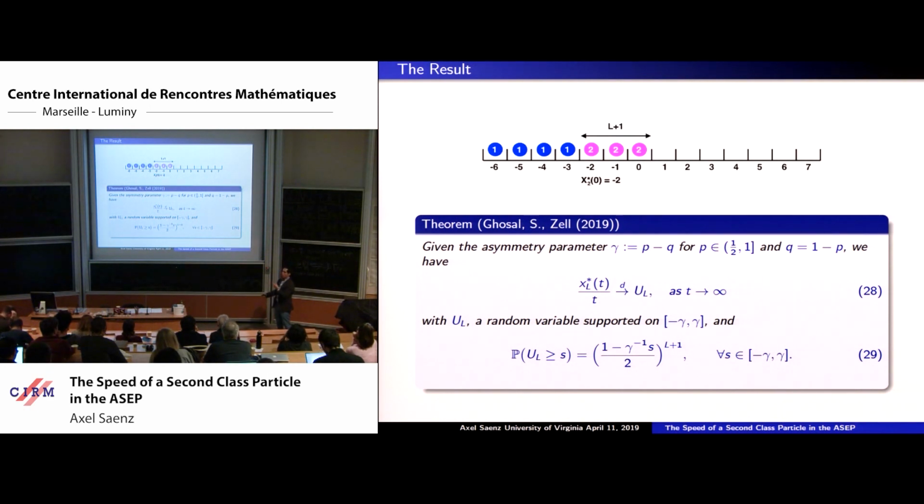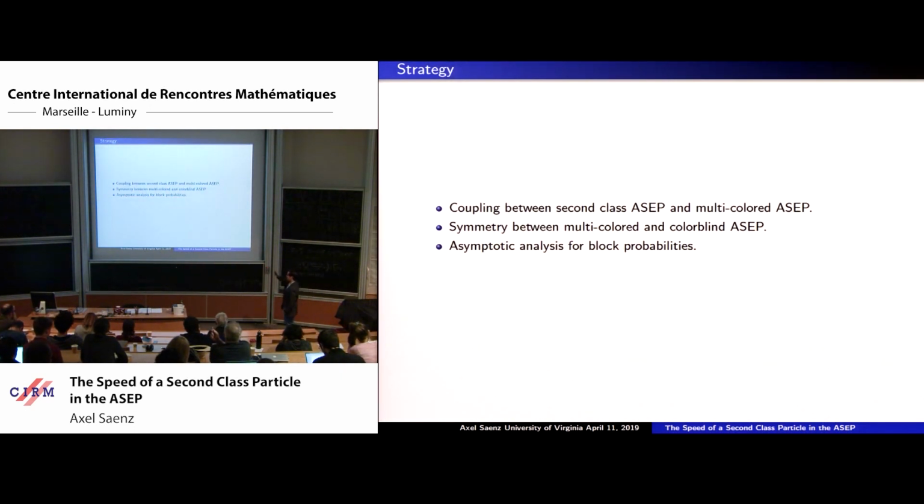So what you get in that scenario is that the last particle is going to be the minimum of L plus one uniform distributions. So from that point of view, it's choosing characteristic lines from the rarefaction fan, and it's the last one, so it should choose the minimum according to a uniform distribution. And so this is the statement that we saw through the simulations, and this is going to be the strategy